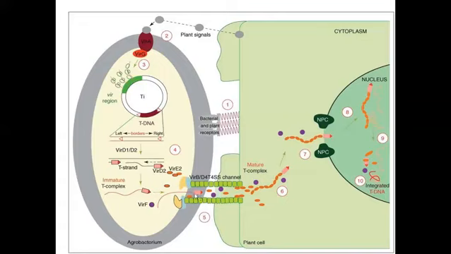The target mRNA enters into plant cells through the channels with the help of virulent protein F. The target mRNA enters the plant cell. Then the target mRNA participates in reverse